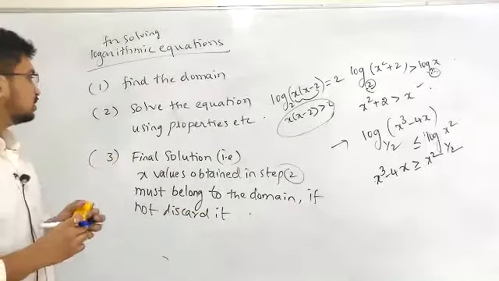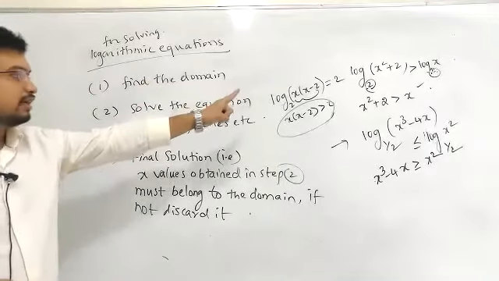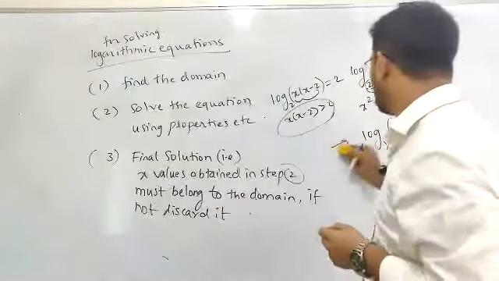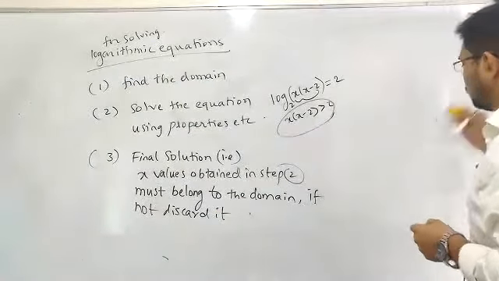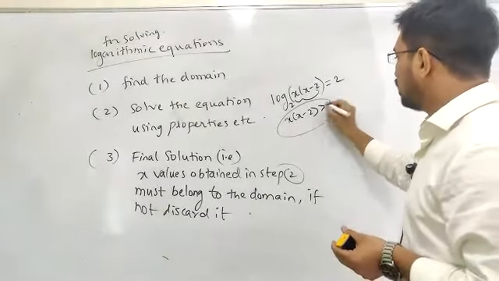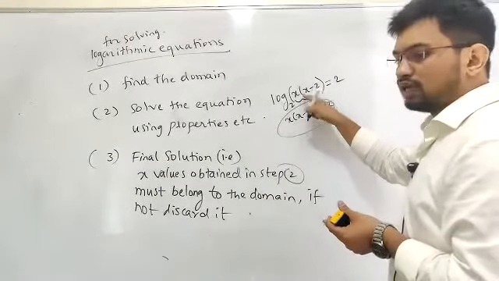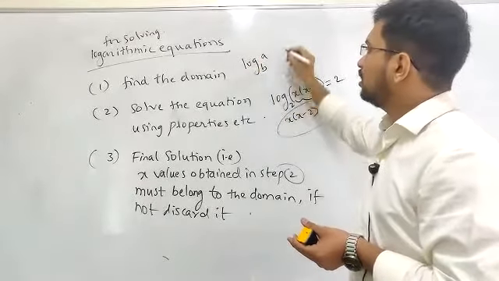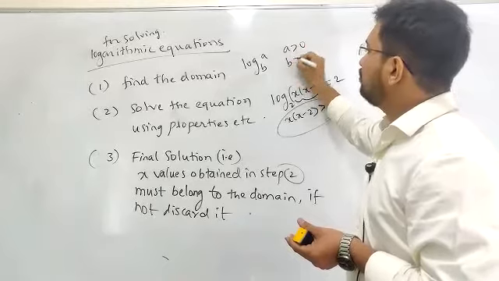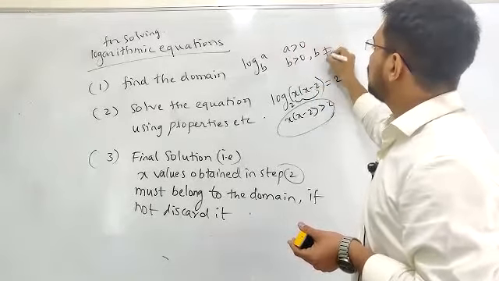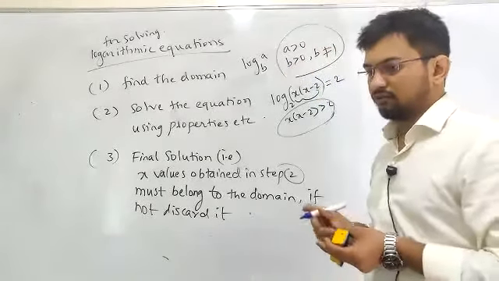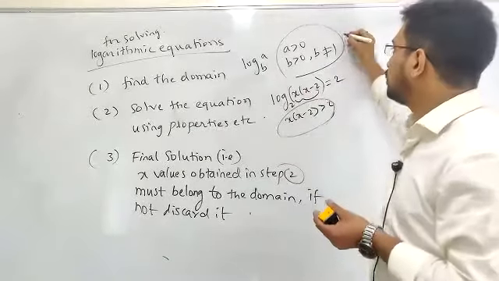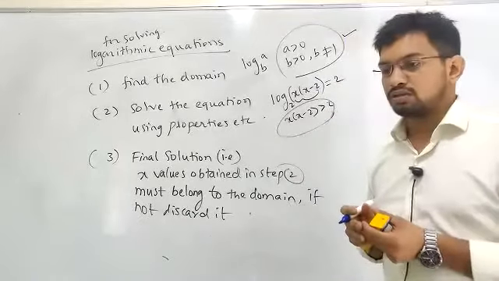My statement will be something like this. First, you find the domain. After finding the domain, you solve the equation with the help of properties. I told you yesterday 2 examples. You got x into x minus 2 is greater than 0. That is the domain. I told you, if I write log a to the base b, a has to be greater than 0, b has to be greater than 0, and b is not equal to 1. ఇది కనుక్కుంటే domain వస్తుంది. When I find this, you will be getting the domain, right?